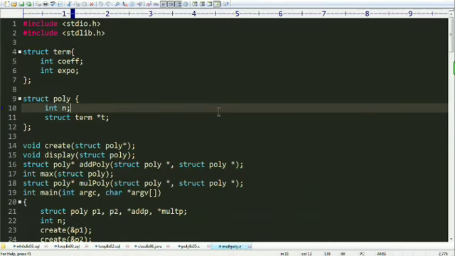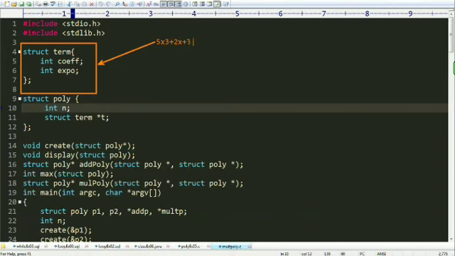First of all, the first structure represents terms present in a polynomial. Suppose this is a polynomial like 5x cubed plus 2x plus 3.